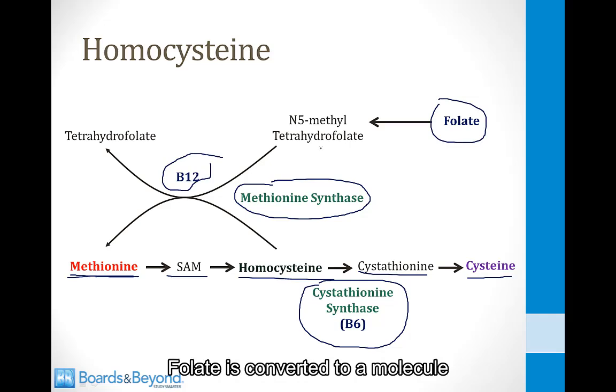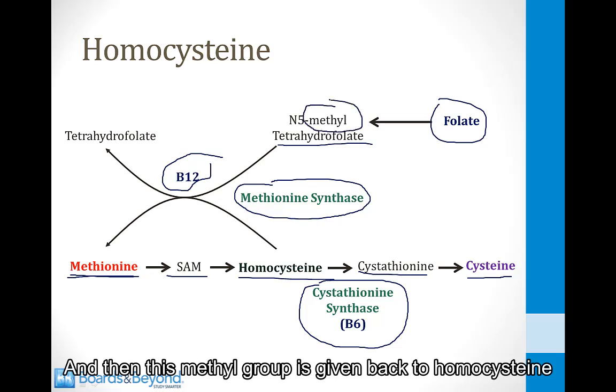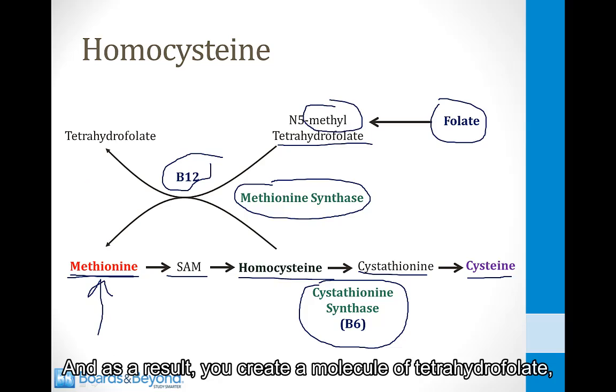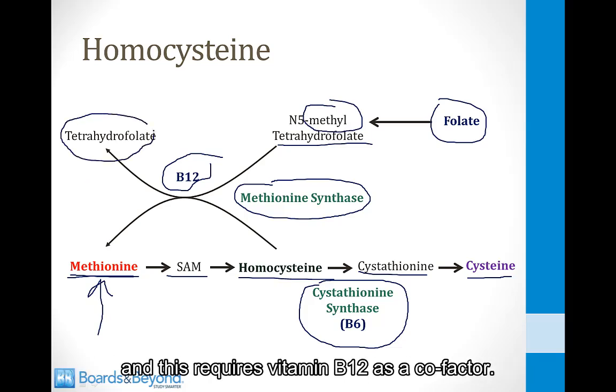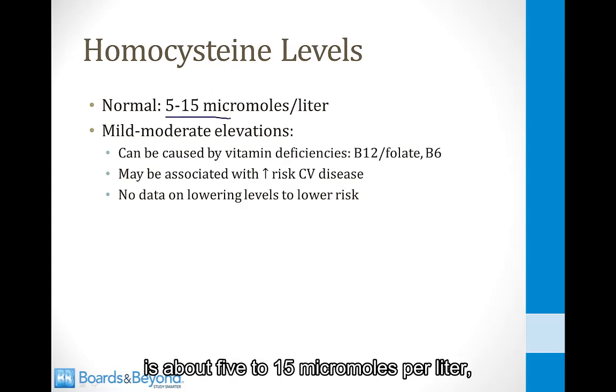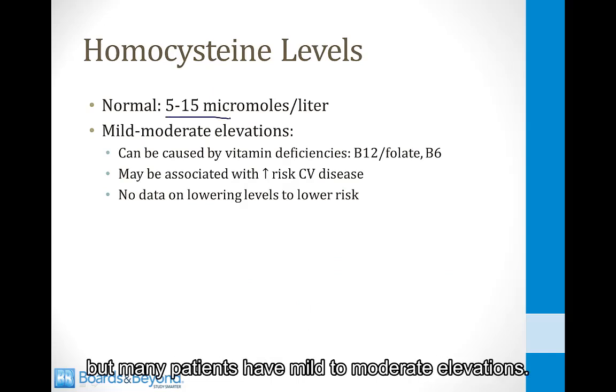Folate is converted to a molecule of N5-methyl tetrahydrofolate, and then this methyl group is given back to homocysteine to make a molecule of methionine, and as a result, you create a molecule of tetrahydrofolate, and this requires vitamin B12 as a cofactor. A normal homocysteine level is about 5 to 15 micromoles per liter, but many patients have mild